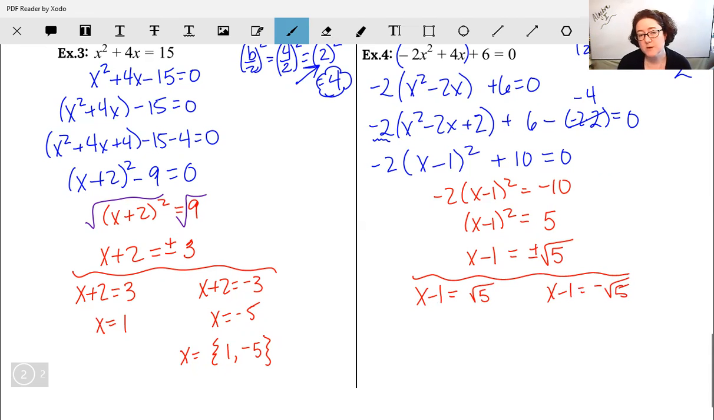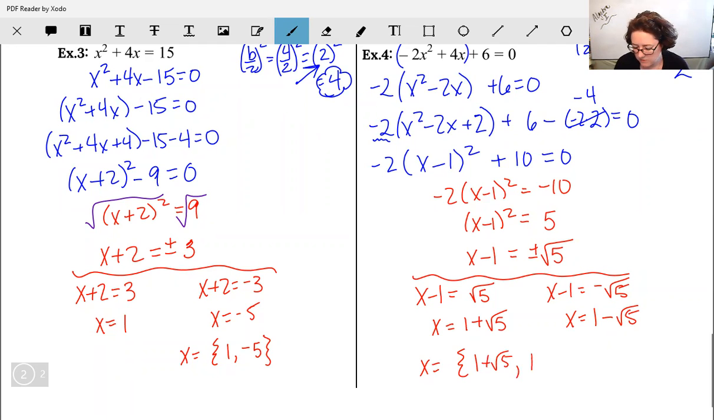I still want to move my 1. I still want to add 1 to both sides, but I can't add it with the 5 because the 5 is sitting inside a radical, but the 1 isn't. So I'm just going to say 1 plus square root of 5 or 1 minus square root of 5. And so I can actually list my answers out like this. So I can say x is equal to 1 plus root 5 or 1 minus root 5, or